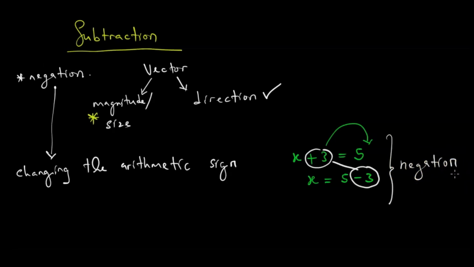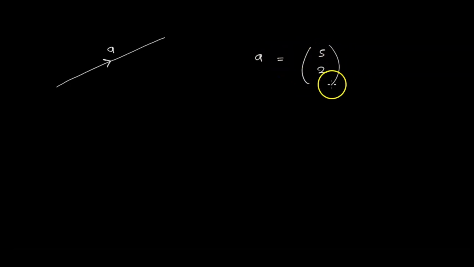So where does what we are saying apply when we talk about subtraction? Let me give you a situation. Let us say we have a vector, our vector looks like this. It's vector A. We are told that A is equal to 5, 2. And what if we have a vector B? So we have two vectors, and B over here is equal to minus 5, minus 2, like that. What does it mean?